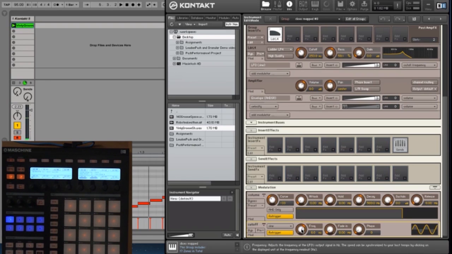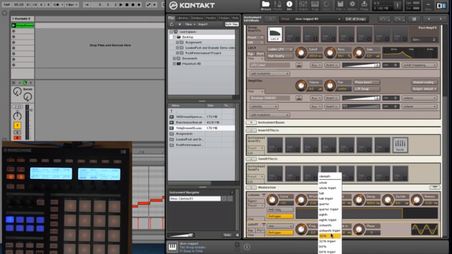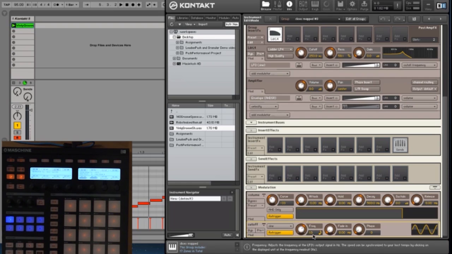And I can even make these LFOs beat synced or time synced by going over to where it says Hertz, clicking on that, and then I can choose it in metric subdivisions. Maybe 16th note would be good here. And notice when you do this, you have the subdivision and also a multiplier. So this is saying it's 1 16th note. If I change this, I'm changing how many 16th notes the LFO will move at. So we'll say 1. Now,